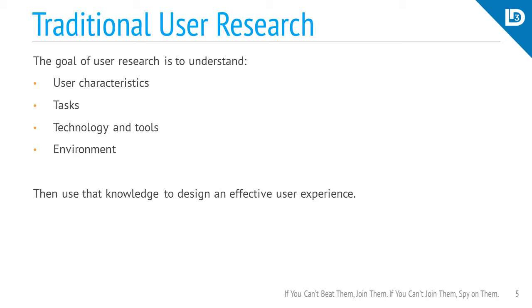And then we gather all that knowledge to really design an effective user experience, an experience that meets their needs, allows them to achieve their goals, allows them to do things easily and effectively, and also pleasurably,